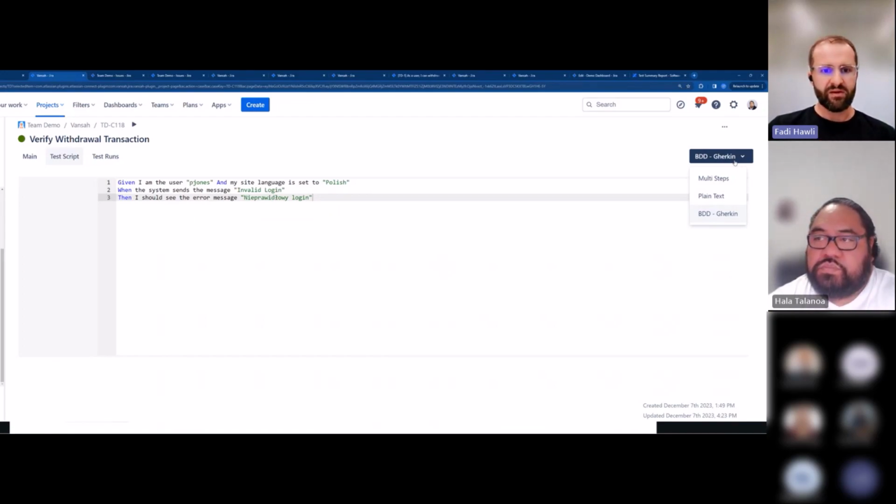Obviously looking at this as an example, given I'm a user, not sure what you're writing there, Hala, but I think you've created something that doesn't make any sense at all. But if this syntax had made sense, which I'm sure it did, but Hala has been excited to change things around there,